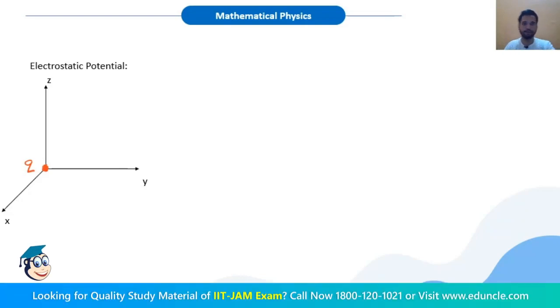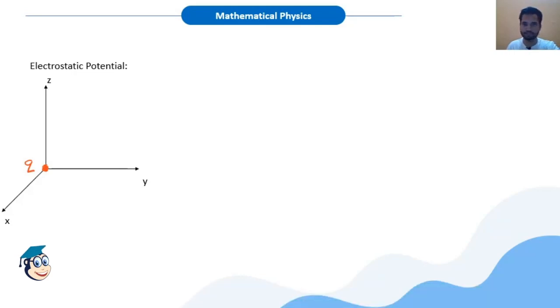Okay, so we will start with electrostatic potential. I have chosen a Cartesian system, XYZ, you can see the axis, and I have taken a point charge Q at the center or at the origin, and let me choose 2 points, a point A and a point B, and let me draw a curve from A to B, a random curve.